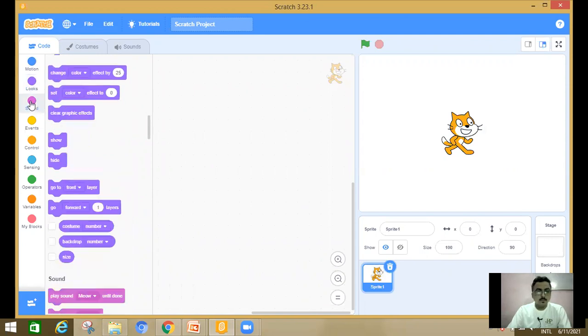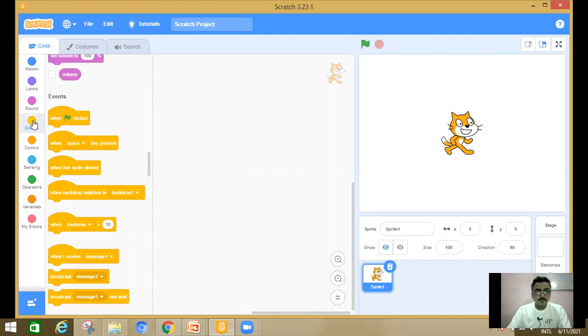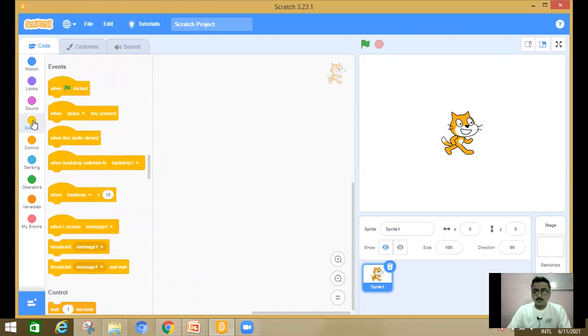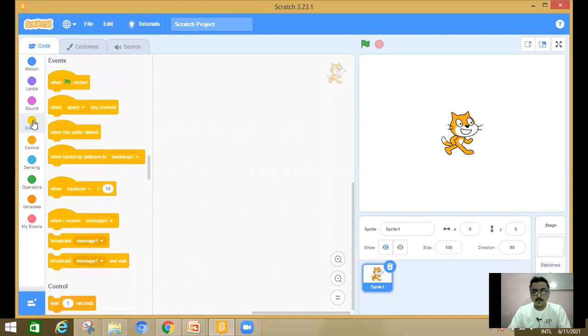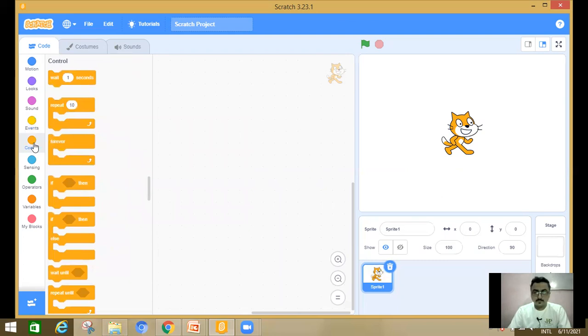Sound, events, for event handling, when to trigger your program. Control: if you want to insert looping statements or conditional statements, from the control block you can add them.